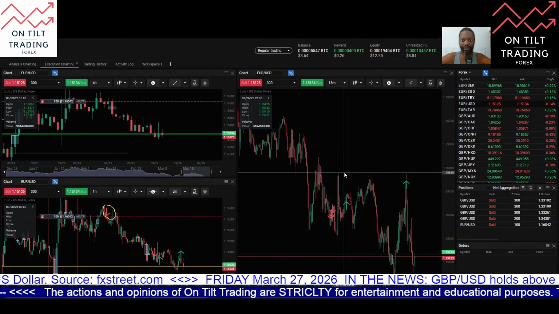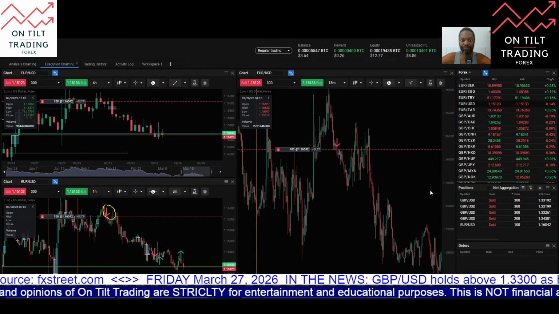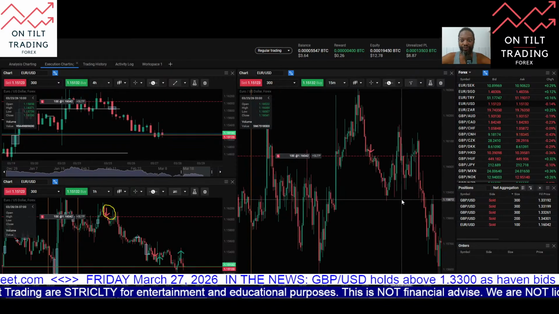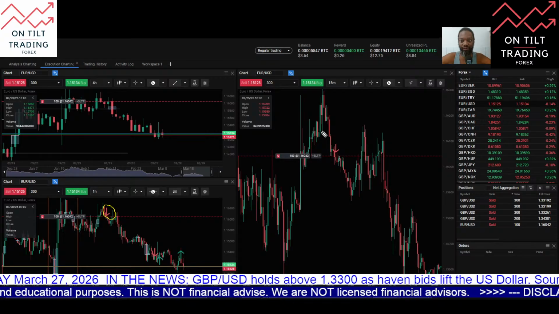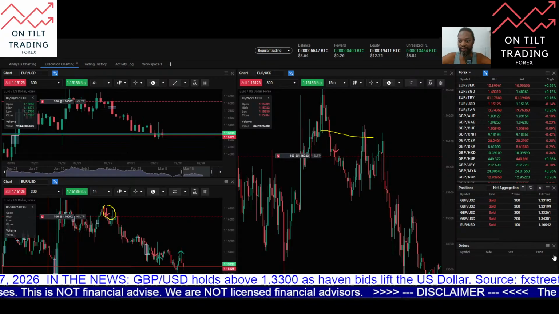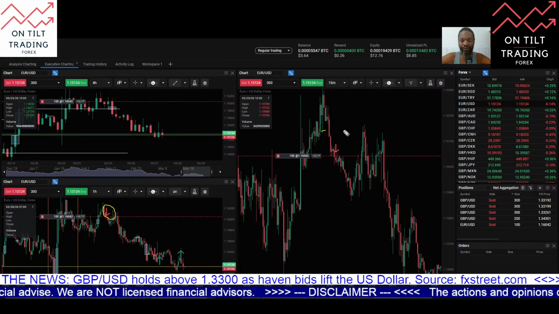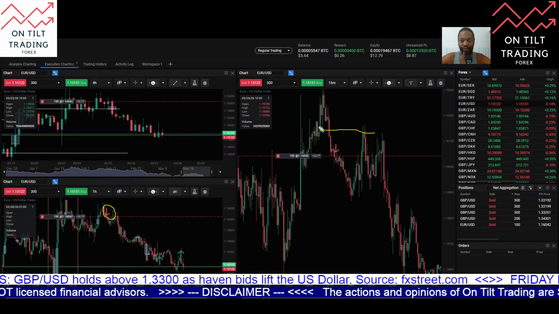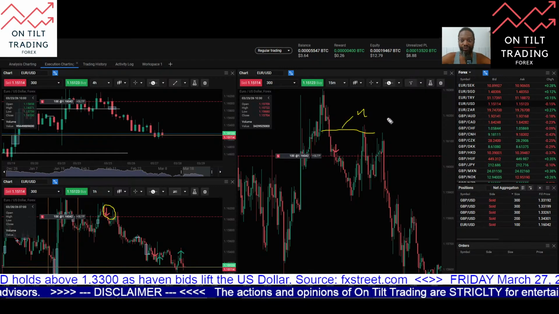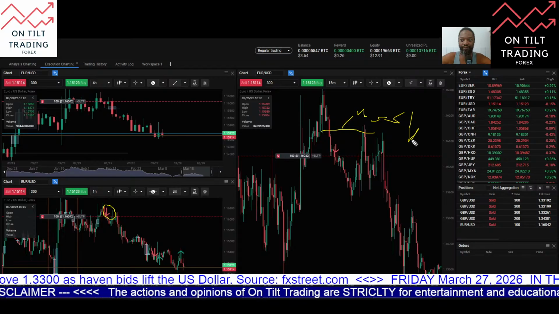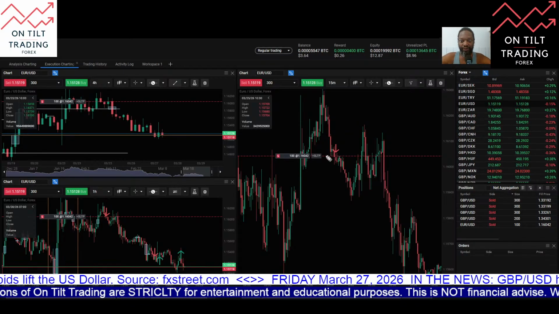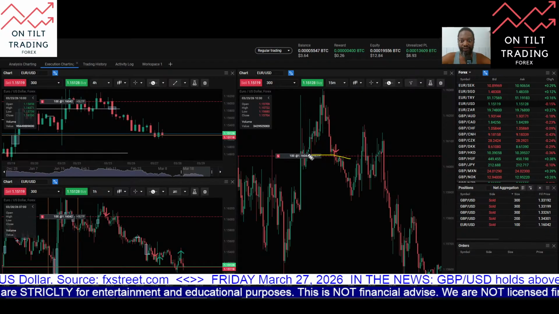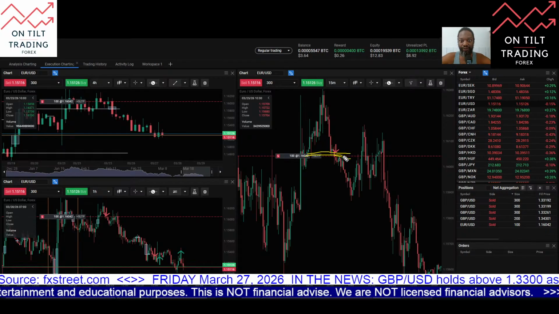So I'm going to come back to the 15-minute here and show you the entry. So here's the entry here on the 15-minute. Better would have been to wait for this retest here, but I had no idea if this retest would come for this 15-minute market structure shift, which is right here. So I just went on and took the entry here as it had just given the shift,